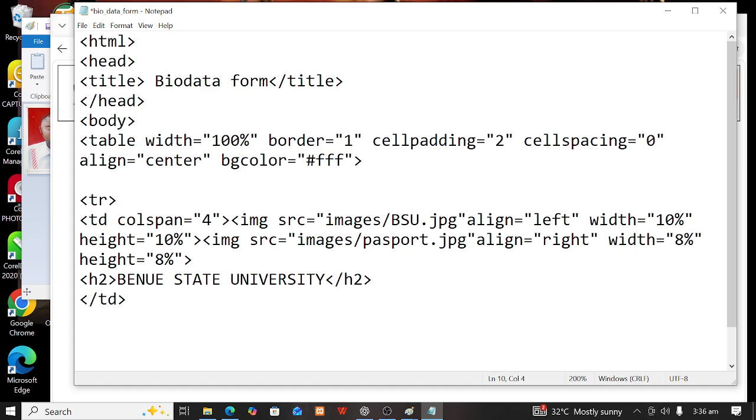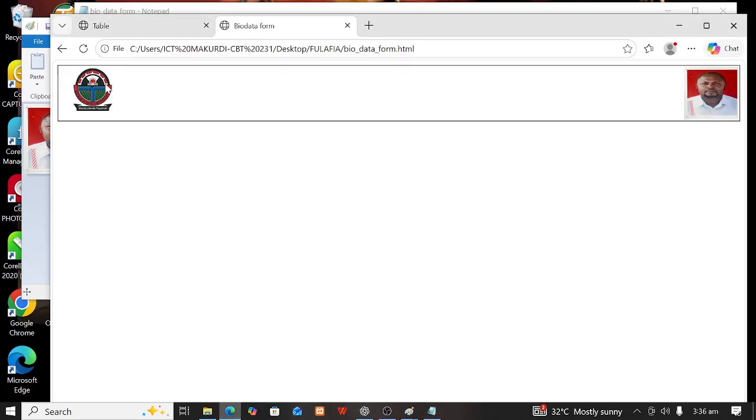inside here I can put align equals to where? Center. Then I will refresh. Then I have this there. Then in case we have any other heading,